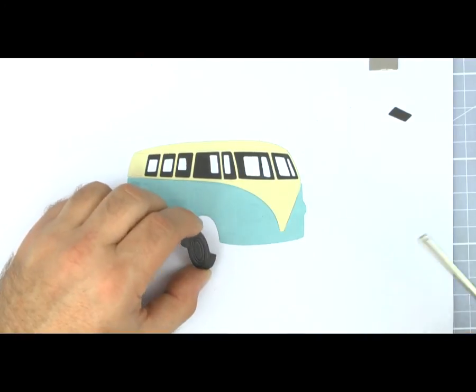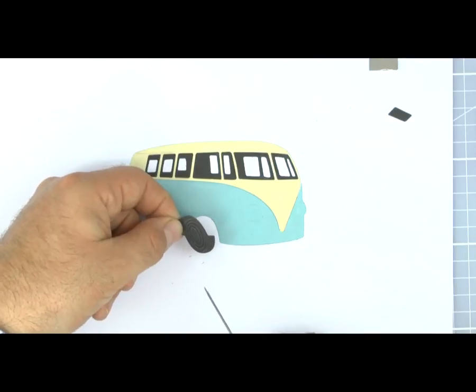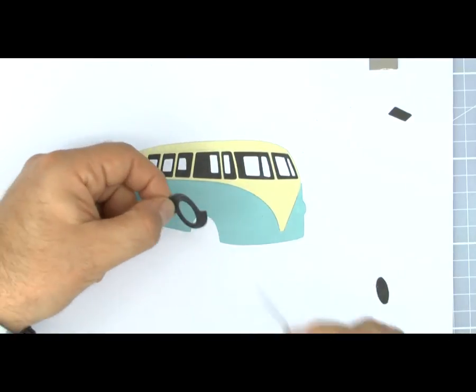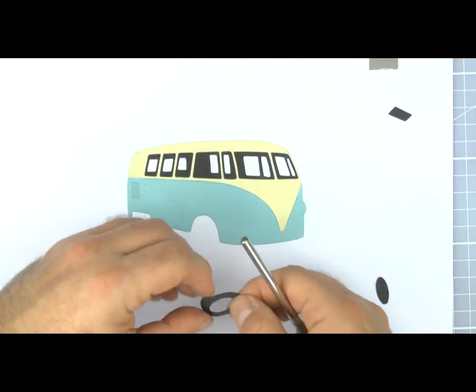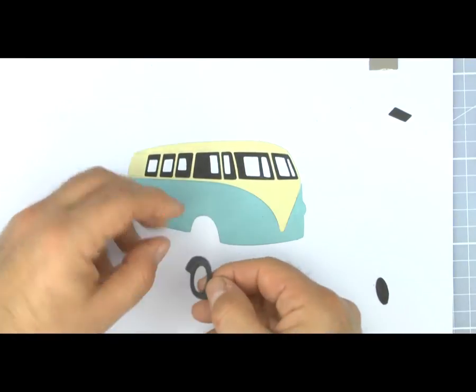Okie dokie. For the tyres, same thing again. I've done this in black. You can see the edge there. This is where that really thick card is sort of paying out for itself, and that is again just using really the edge of the pokey tool here just to clean off any bits and pieces out of there, and with a bit of glue